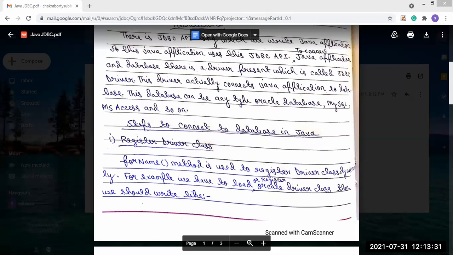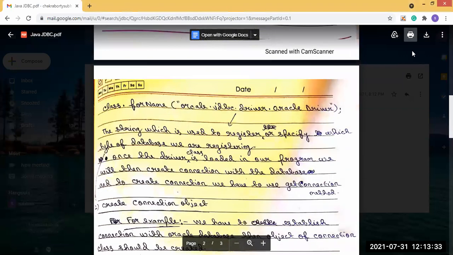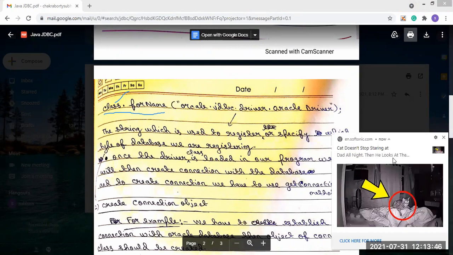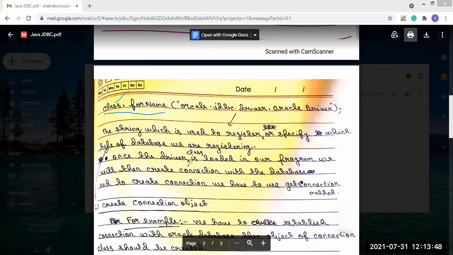We will write it like Class.forName. Class is the class name, and the forName method is used to register the driver class dynamically.